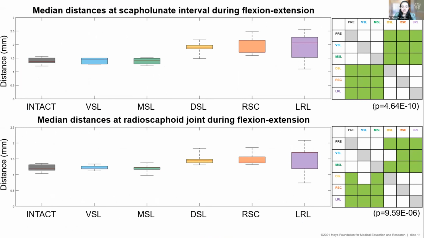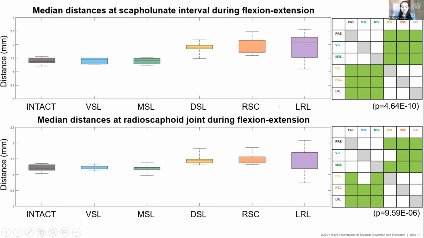From this, we found that there are no statistically significant differences in interosseous proximities between the first three ligament conditions and the second three ligament conditions, but there were statistically significant pairwise differences in these median distance distributions between each of the first three ligaments and each of the last three ligaments at the scapholunate interval. We saw a similar pattern at the radioscaphoid joint, with the exception of the relationship between the volar and dorsal